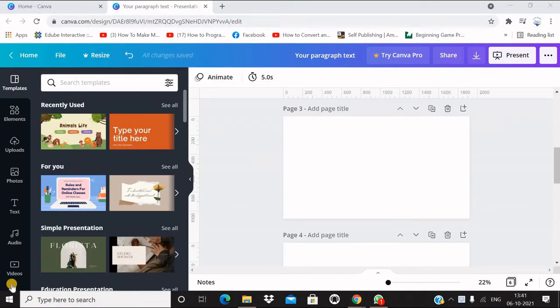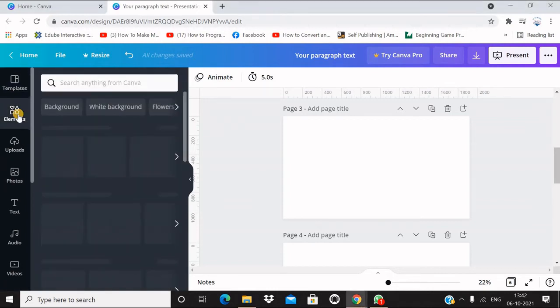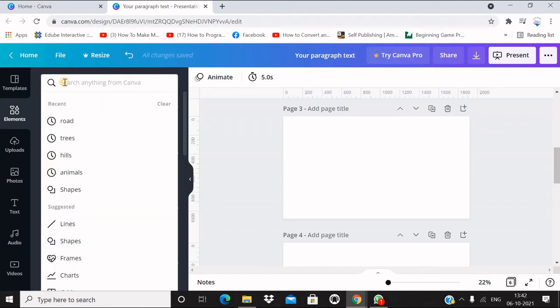Now let us see how we can insert gradient colored backgrounds for our screens. Color gradients make the backgrounds beautiful, and Canva has tools to create a variety of gradients. Let us choose elements and search for gradient.